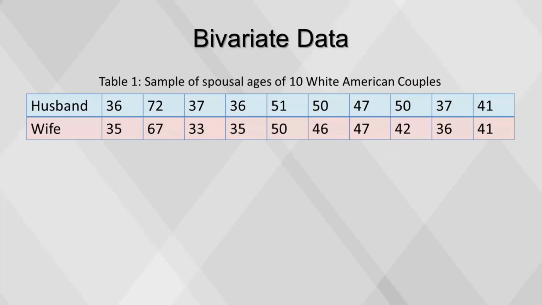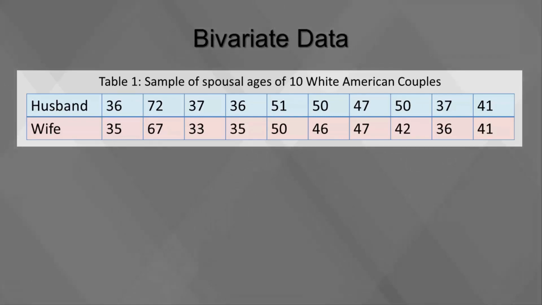Our experience tells us yes, but how good is the correspondence? One way to address the question is to look at pairs of ages for a sample of married couples. Table 1 shows the ages of 10 married couples. Going across the columns, we see that yes, husbands and wives tend to be of about the same age, with